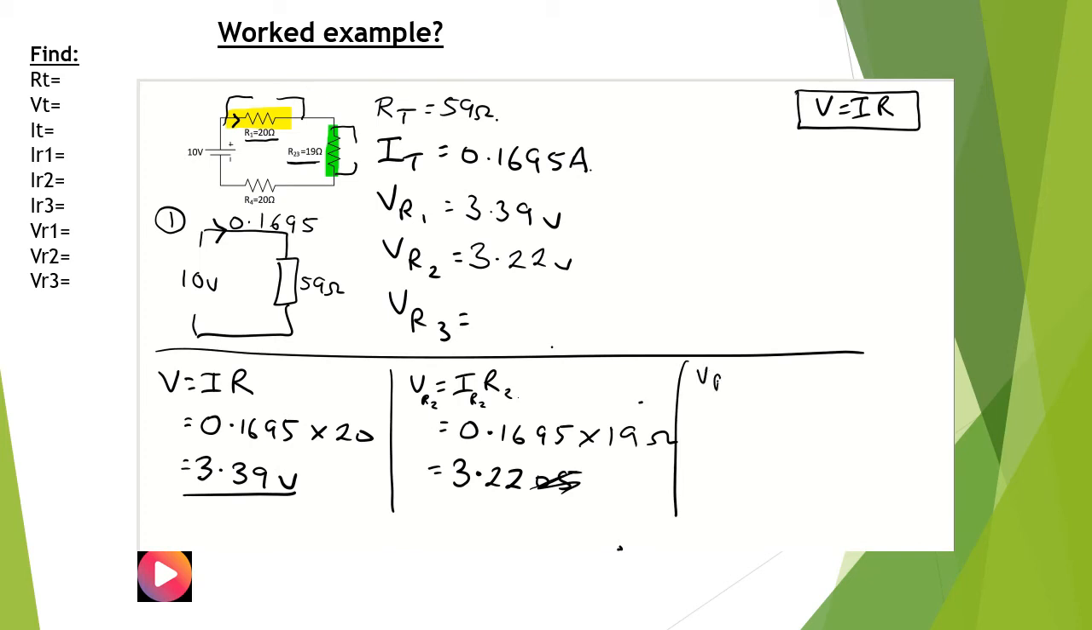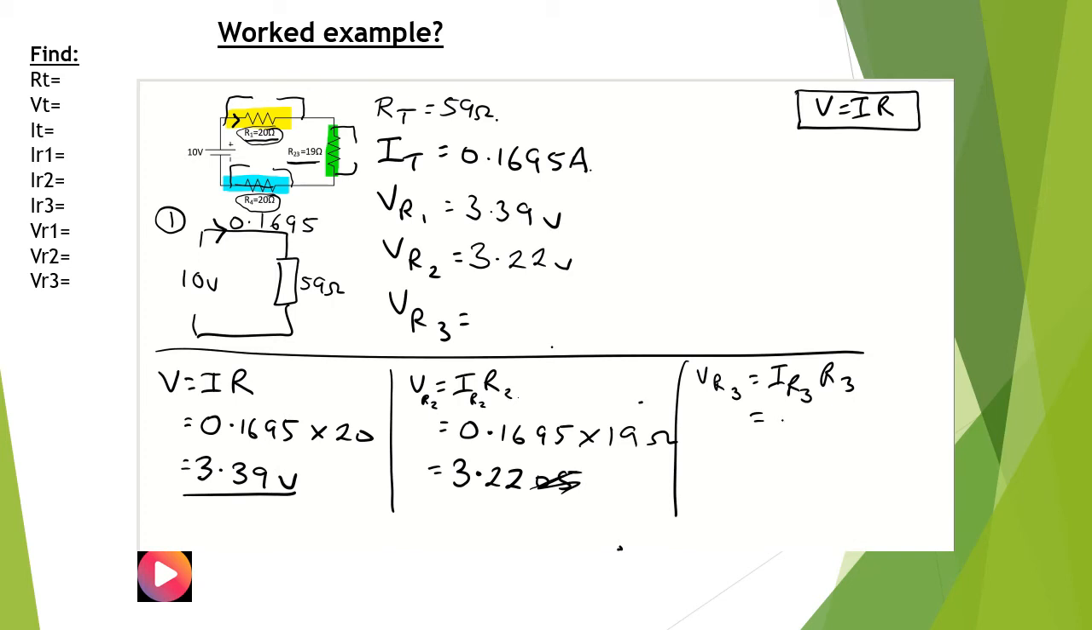VR3 is equal to IR3 times R3. You note that we're trying to work out the voltage across this resistor. You note that this is a 20 ohm resistor, so was R1, so you would think they would be the same voltage, and of course they are. So the voltage across R3 is the same as across R1, which is 3.39,